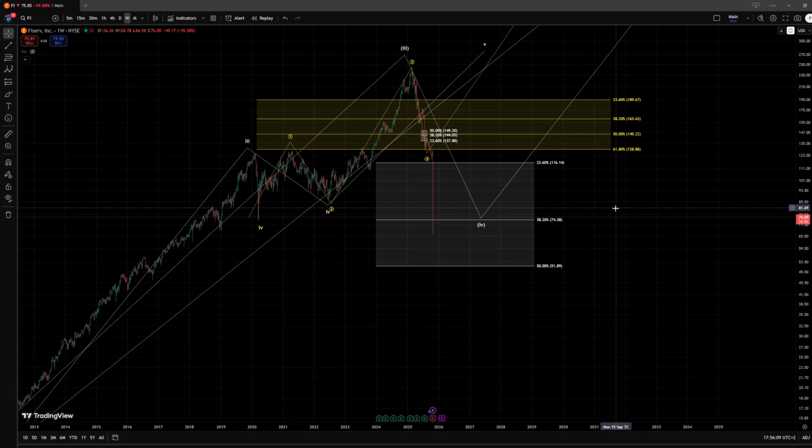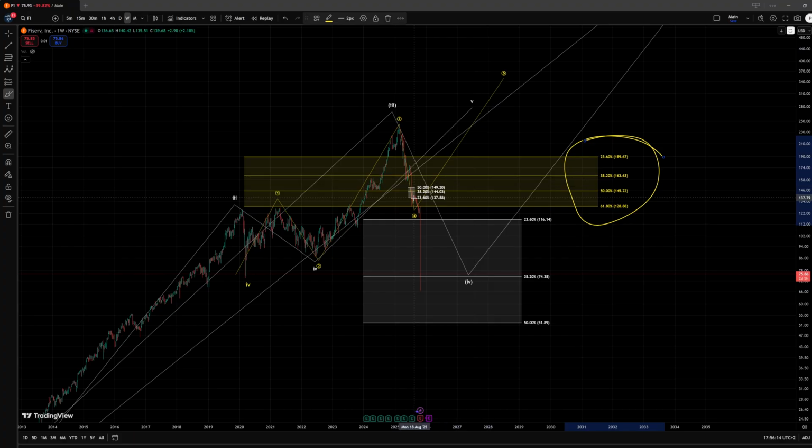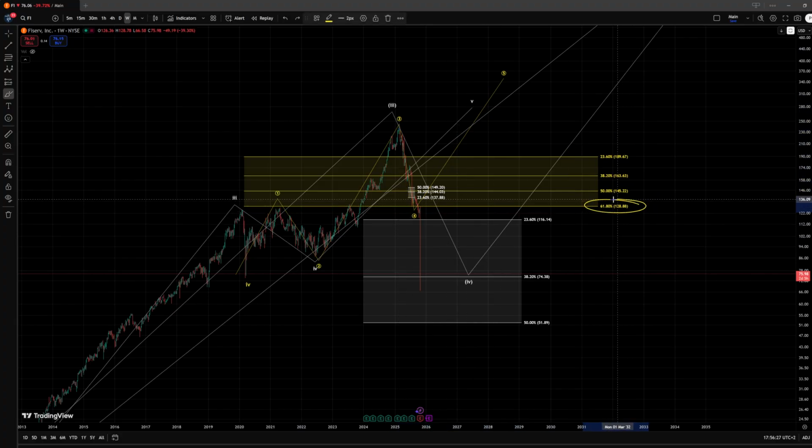And in the previous video I did provide you both areas of support. I did highlight that this 3-4-5 pattern we were tracking here in the yellow interpretation was a pretty good setup in my opinion. It just didn't hold. They don't always, but once we failed to hold the 61.8% retracement, we had a pretty good indication that we were going into the larger correction in the wave 4, as mentioned in the previous video, for which we do still have the area of support between the $116 level